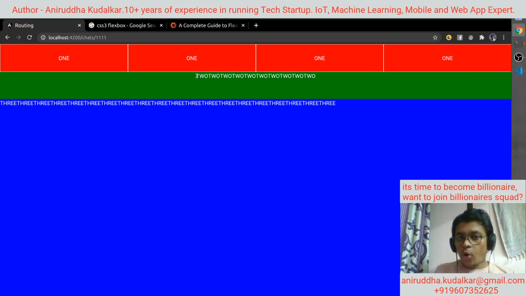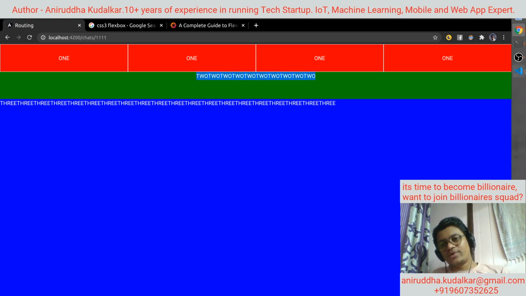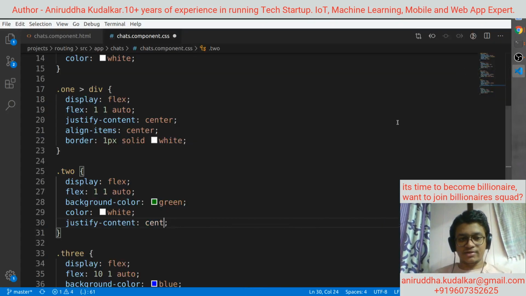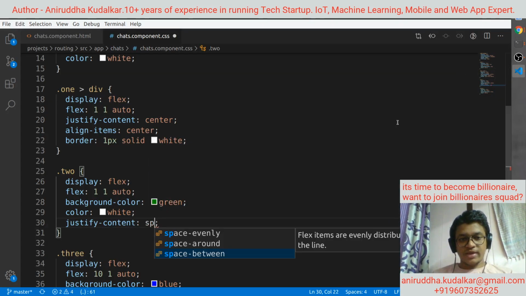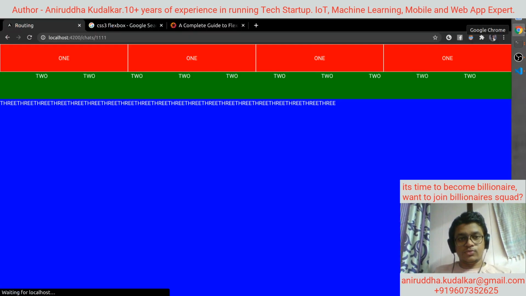Okay, whole content, whatever it is, that would be centered. You can say space evenly. Once again, can you see even spaces would be there,